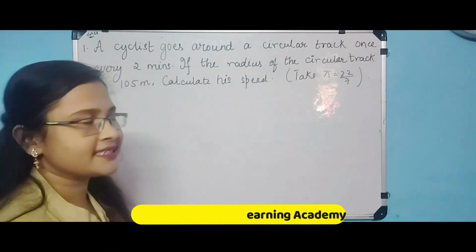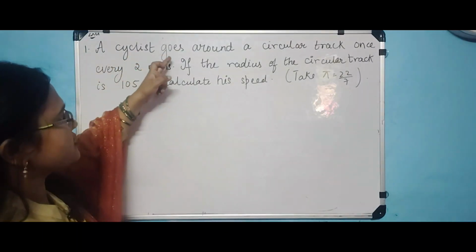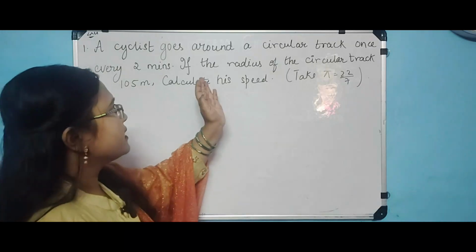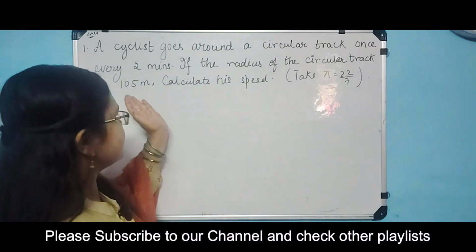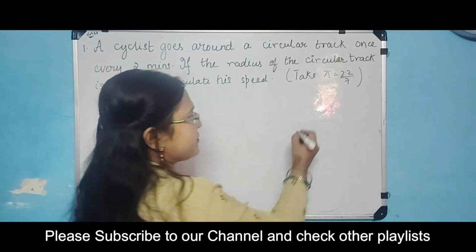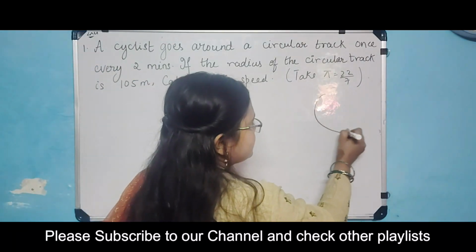Here the question goes like this. A cyclist goes around a circular track once every 2 minutes. If the radius of the circular track is 105 meters, calculate his speed. So let's try. A cyclist goes on a circular track